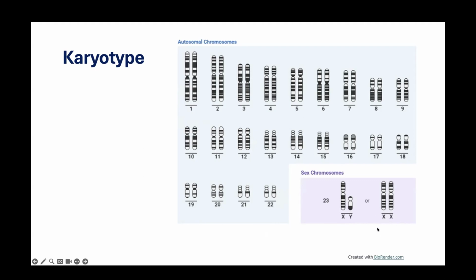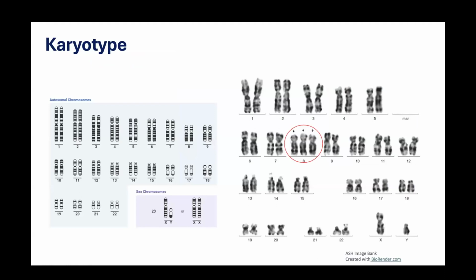Okay. So basically, sometimes just like you had lost a little piece of the 5, you can lose either pieces or entire chromosomes in MDS, or you can gain, just like that picture, one cell gained and the other lost. So on the left here is just the image I was just showing you, but on the right, as you can see, chromosome 8 is circled, and instead of 2 copies, there are actually 3.